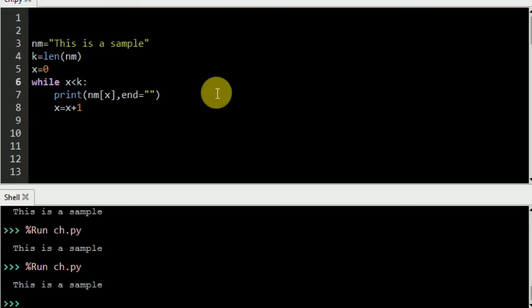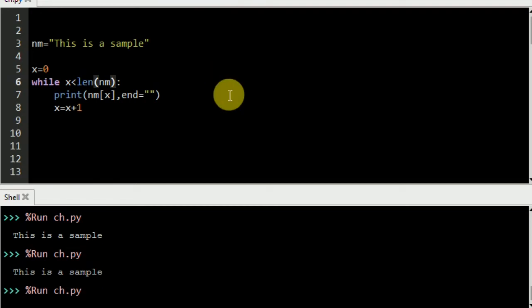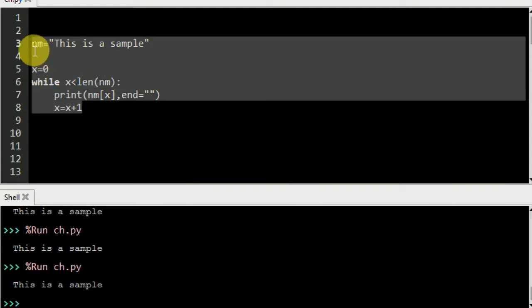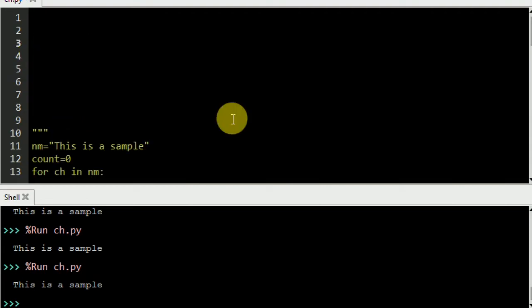This is a sample. One more thing, I've written this line k equals to len. If I'm not going to write this line here, in some cases it is not written, and directly in place of this k, len of nm is written. So this is also the same thing. I've directly used that, and if I execute this, it will give me the same answer. So don't be confused why I'm using these; these are the two things that you can use. Sometimes it is written there also, and sometimes in the while loop they directly write it. In many cases programs are written this way also, so you don't need to be confused. So let us move to the next part.